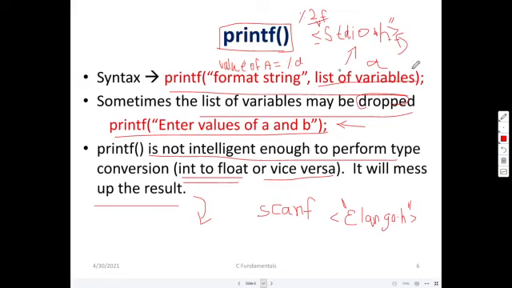So this should not be done. This type conversion between integer and float, or character and float, we will try to avoid. With float we should not do anything, but between integer and character it is possible. It will perfectly work. So that can be done.